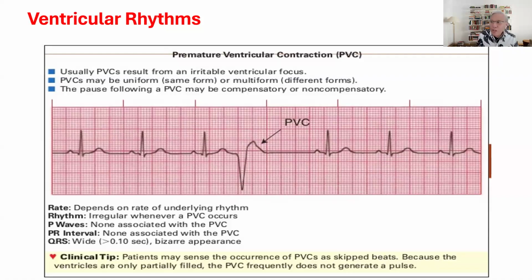Okay, so we're done with that. Let's go ahead and talk about ventricular rhythms. If there is any rhythm in electrocardiography that needs special or immediate attention, they are the rhythms that originate from the ventricles. So it is important to recognize ventricular rhythms. How do we know that rhythms originate from the ventricles and not from the sinus or the atria, which is going to have a great physiological effect? Well, we know that